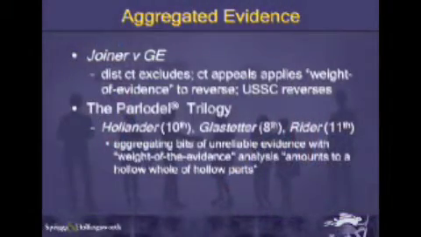And the courts have been somewhat split on the question of how weight of the evidence fits into the big Daubert, overall Daubert issue. My own view is that I think that was answered by the Supreme Court in Joiner, where the district court excluded evidence. The Court of Appeals reversed, saying that weight of the evidence was an appropriate methodology, and the United States Supreme Court reversed the Court of Appeals, sent it back, and said that the district court, looking at the evidence that the expert had proffered individually and collectively, was within its discretion to exclude that opinion.